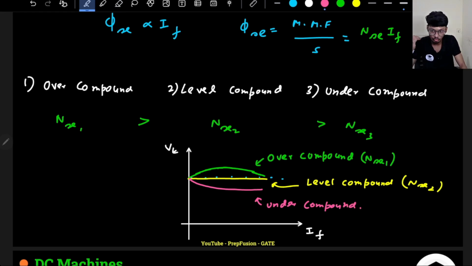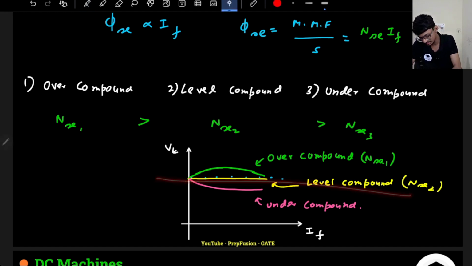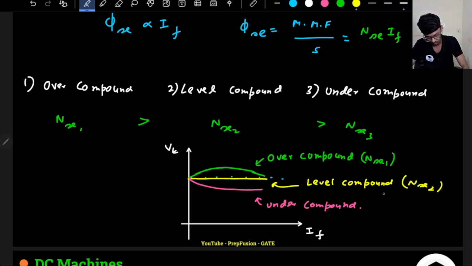There is no need to go too much in depth here because they will not ask you much questions. Just the important part is the level compound has good voltage regulation, because even if there is some load variation, the terminal voltage is not changing. So this has good voltage regulation. Both, all these three have good voltage regulation, voltage regulation only, right? Yeah. Okay,